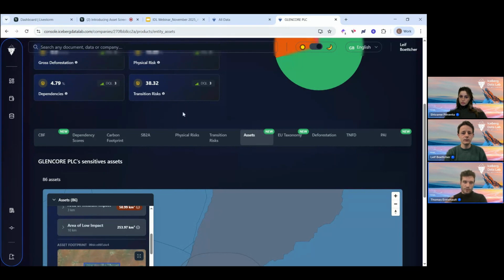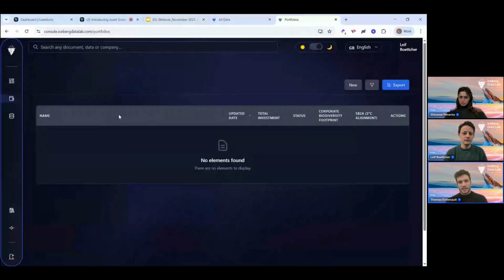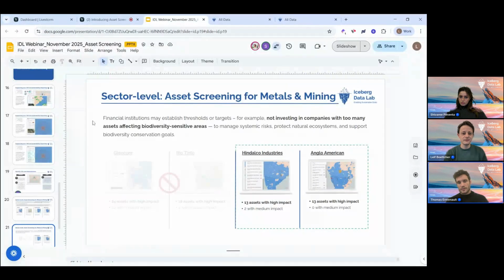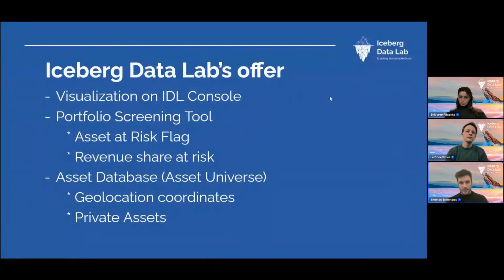On that platform, you can also upload your own portfolio, and you will have access to the whole portfolio screening tool. You will have aggregated data for your portfolio and all those flags about the assets we were mentioning. We'll talk about that in other webinars, but if you are already an Iceberg user, maybe it has already been deployed on your account, so please have a look if you have access already to the new console. If you don't have access, please come back to us. We'll enable you. It has been released this week, so we'll have another webinar